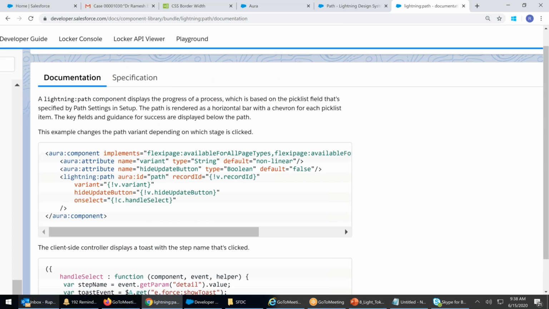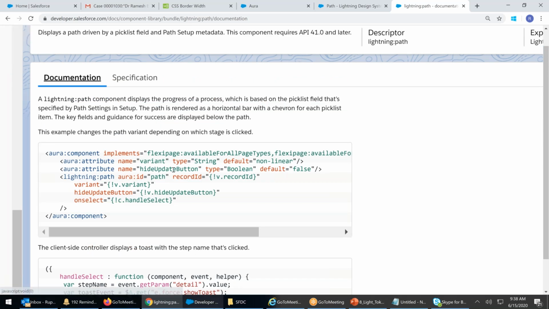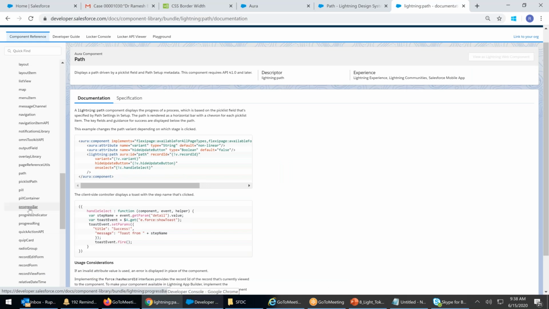Progress bar, same. I showed you, no? Here, see, progress bar, it's showing like this. So progress indicator, right? Like this. Whatever we have seen there, the same thing is available here. Spinner,